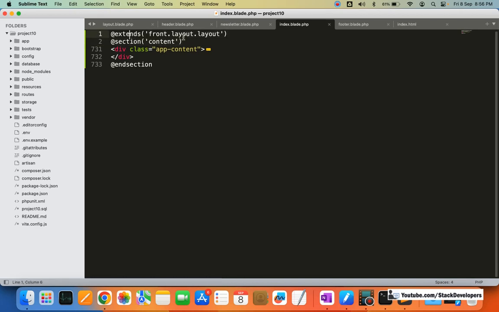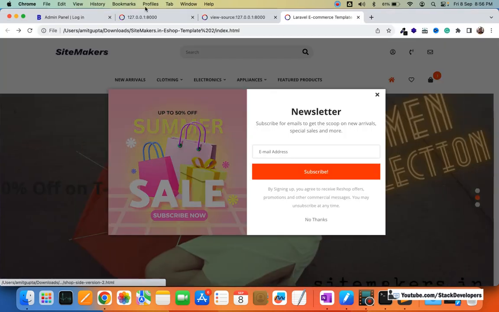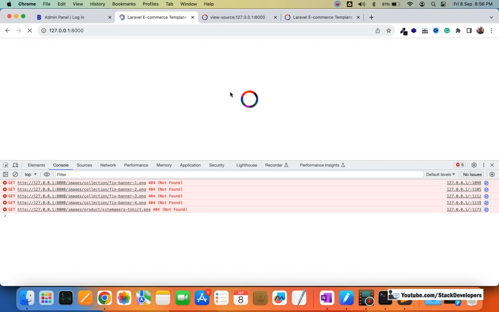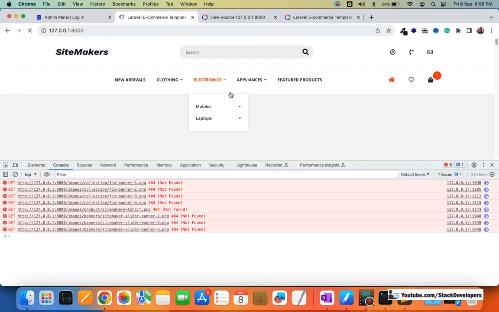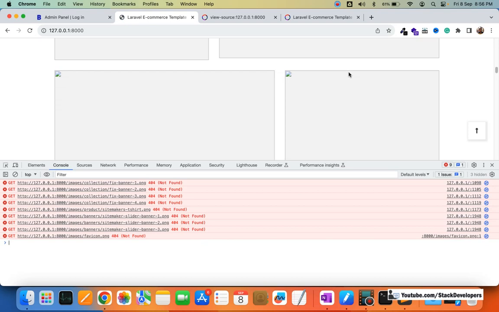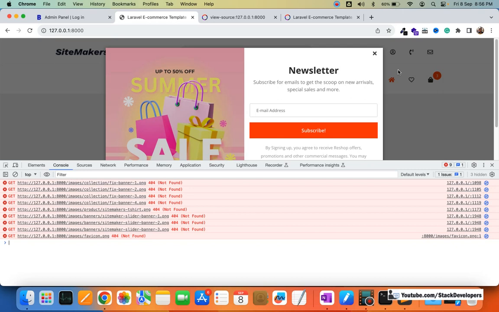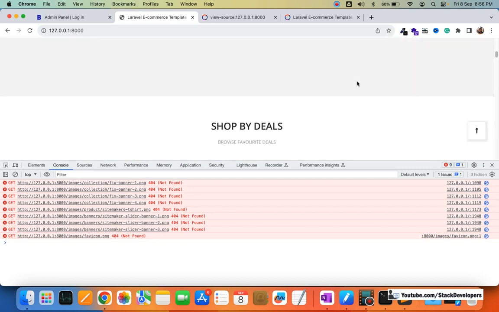This is the syntax that you are required to include in all the blade files later on, like detail, listing. Okay, like all the blade files that we are going to create. So now I'm going to refresh here. See, now the front design has come up. Here you can see the header, you can see the footer that comes up, but